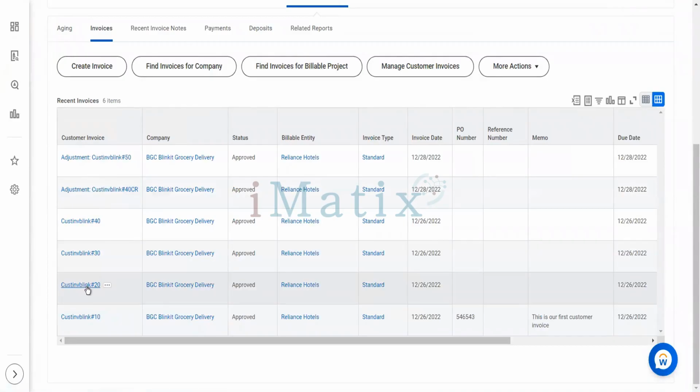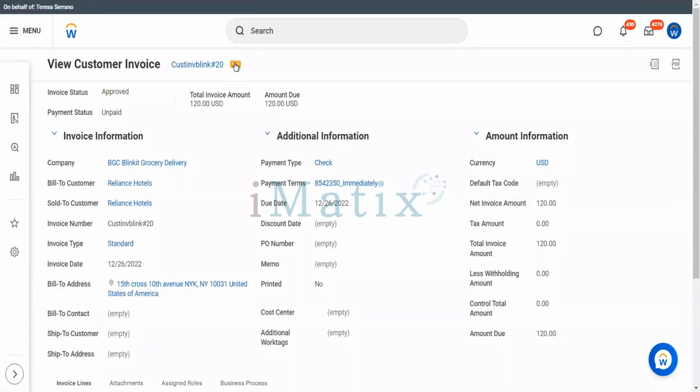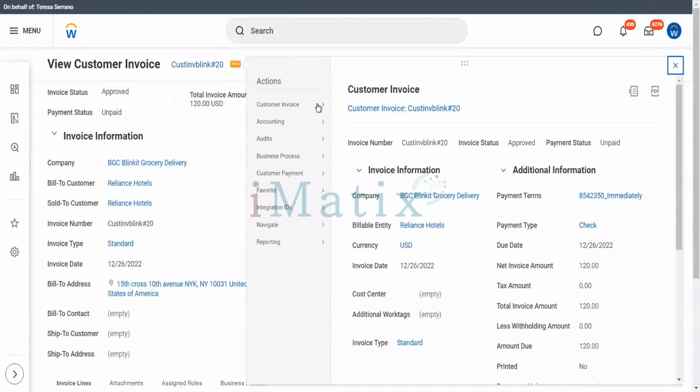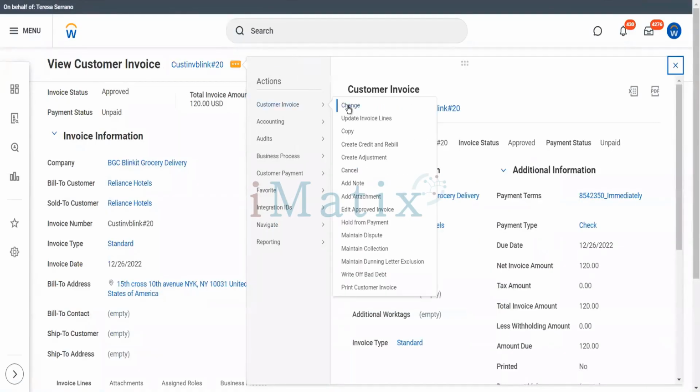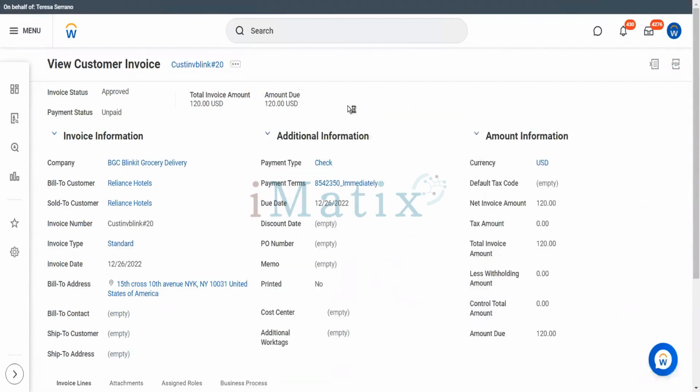Now we'll see some other features of the invoices. If you see three dots here, if I hit on change, let's see what it changes. Does it allow us to change everything or something else? If I hit change here,